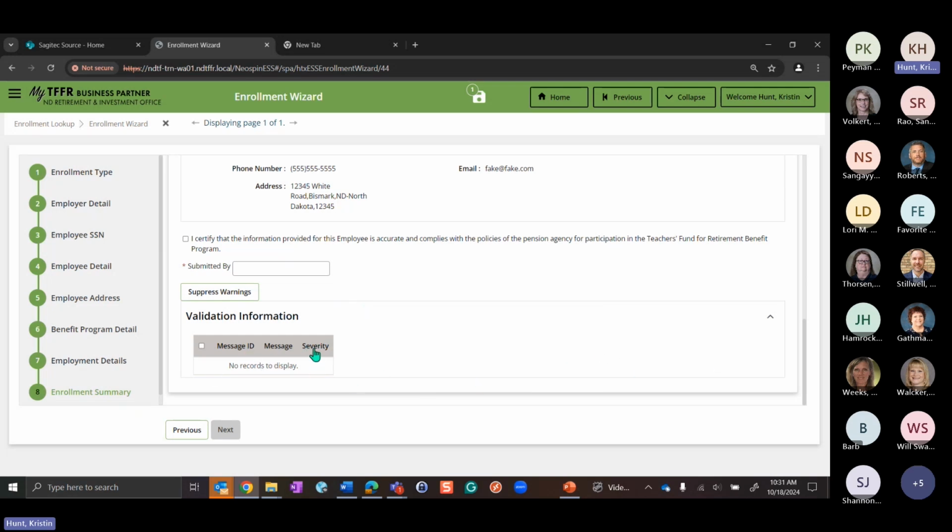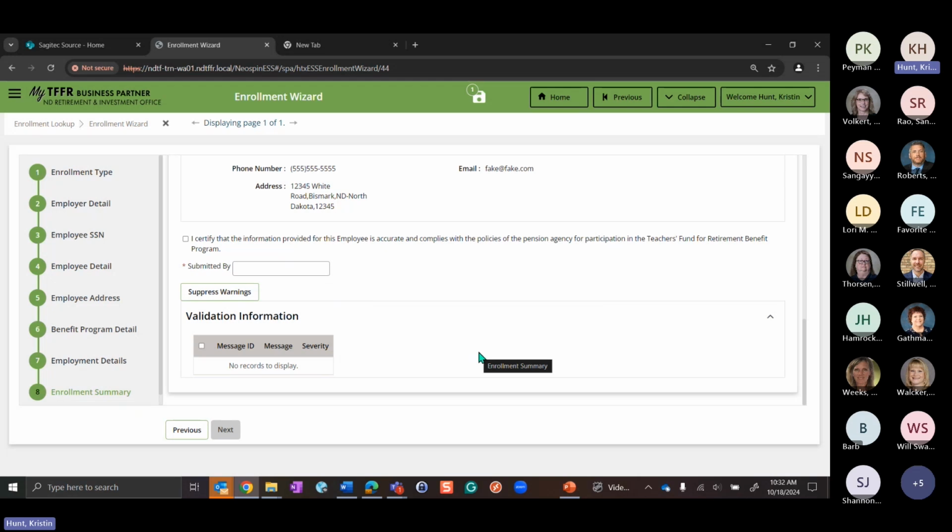I also talk about the different severity levels. I could probably wait until I actually have errors, which I will with the employer payroll. You always get errors there, but I'll just go over it at a high level here. We have errors, warnings, and information. If it's an error, it's a hard error. It's going to stop you until you correct it or void the record. You can't go forward.